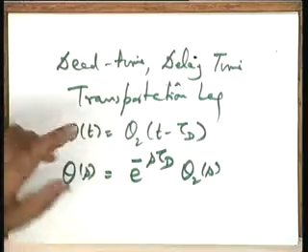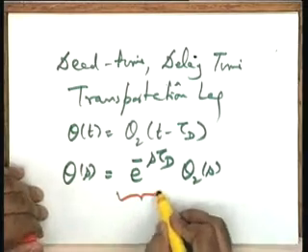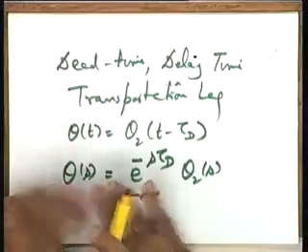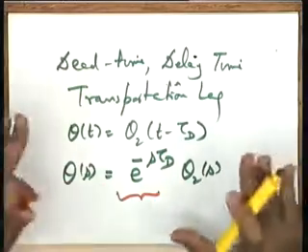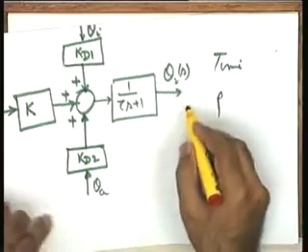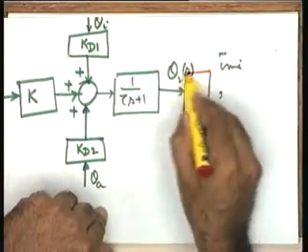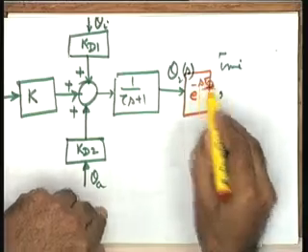So it means e to the power of minus s tau d becomes the transfer function of the delay element, if you call it. It is not a physically separate element, it is a phenomenon taking place, but in the form of a block diagram I can take it as a dead time element in the system. This is the transfer function of the dead time element in the system. Okay. Now, please see what will become your transfer function model if I take this as theta 2. Let me put e to the power of minus s tau d here.